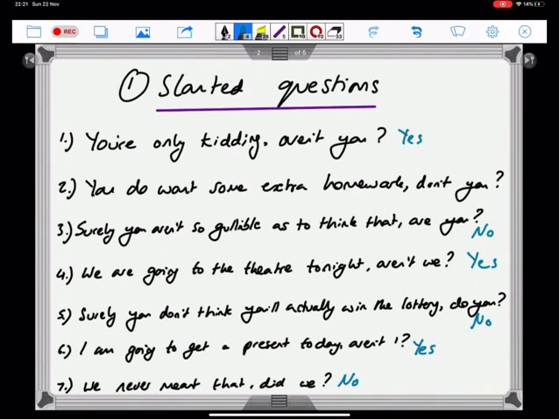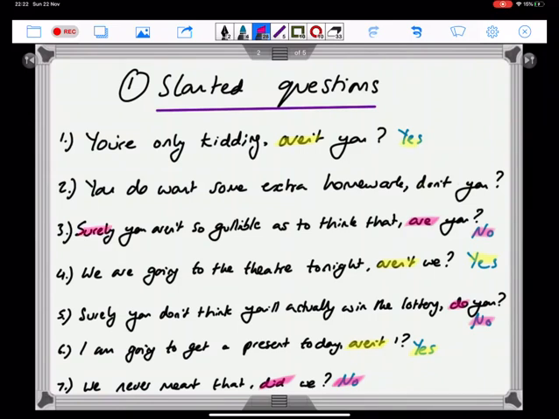Well, let's look back at these a little. All the ones where I've said, aren't you, or don't you, or aren't I, have resulted in the answer yes. There's been a correspondence between the negative in that extra question and the answer yes. Conversely, everywhere we've had a positive, are you, do you, did we, you've got a negative in the answer. So a negative in the reinforcement leads to a positive answer, and a positive in the reinforcement leads to a negative answer.